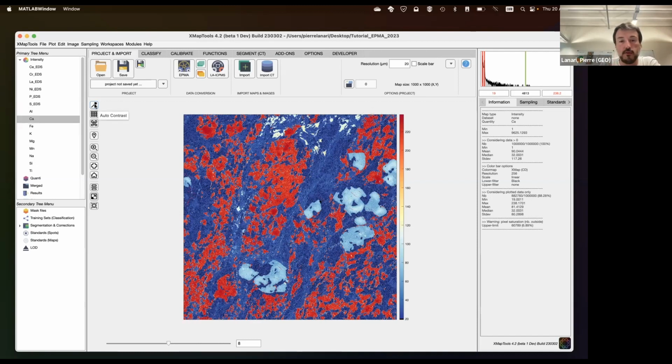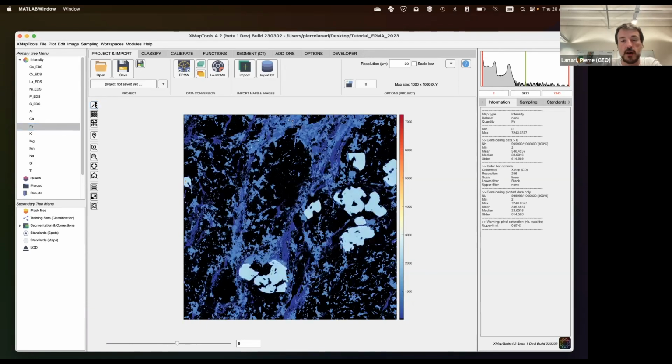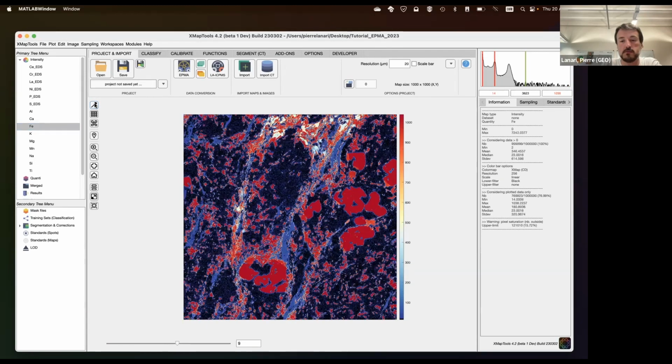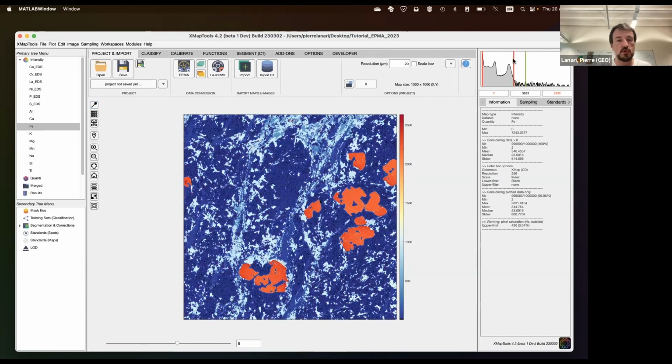And then if you click a second time, it will improve again the contrast. If you click a third time, it will restore the original min and max values. So this is quite straightforward. To select a map, click this button 1, 2, and 3 times to come back to the original min and max. So this is how you can play a bit with the program to adjust the color limits, to visualize